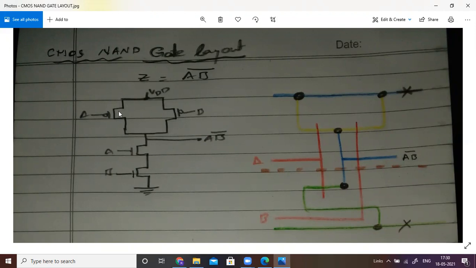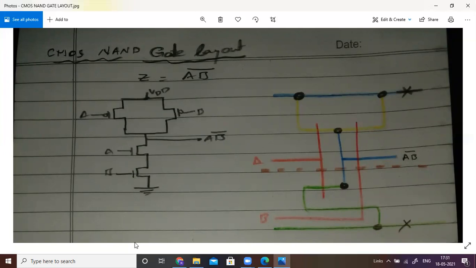Okay, like this. And this is the VDD line and this is the VSS line. Okay, this is the ground line you can take. So connect the output from this point. So this is the source terminal, this is the source terminal, right? This is source and this is source. This is the drain and this is the drain. And this is the drain of the pull down transistor. This is the source. This is the drain of this transistor. This is the source of this transistor connected to the VSS line, right? And we are taking the inputs A and B here. You can connect the A to A. Otherwise, you can keep it left as it is. Okay, you will get the (A B) bar, assuming that the inputs are readily available.